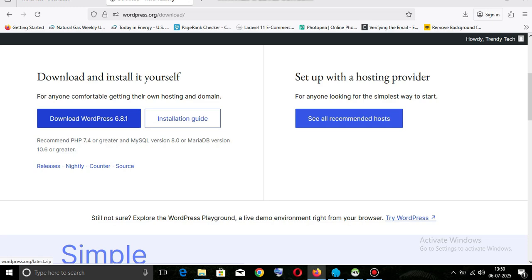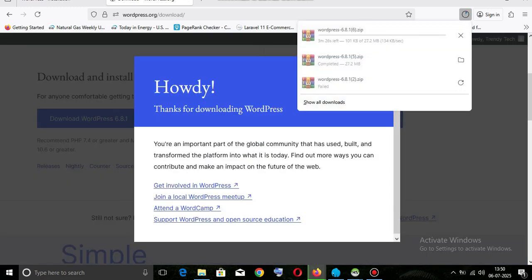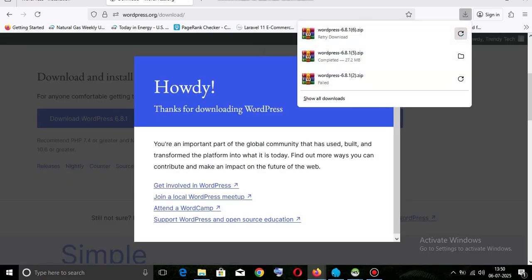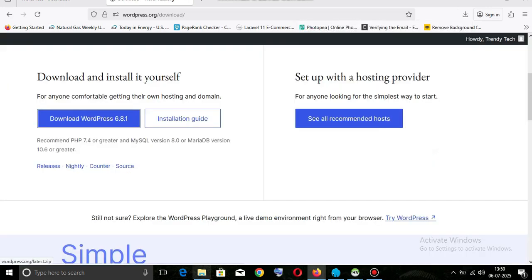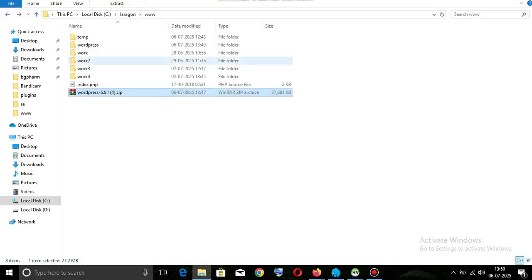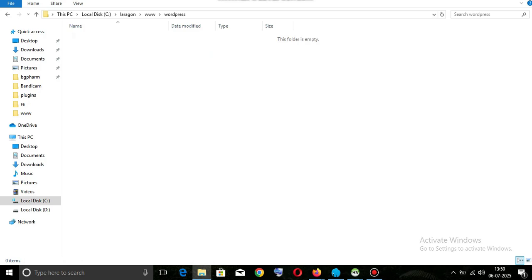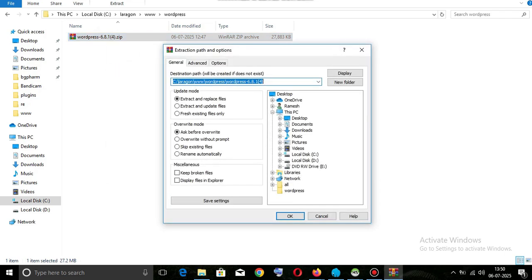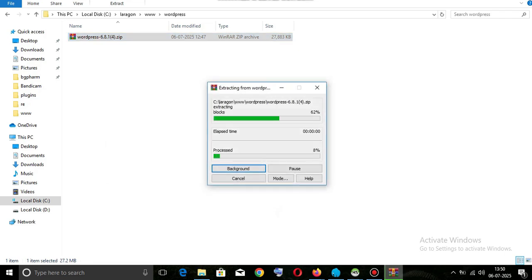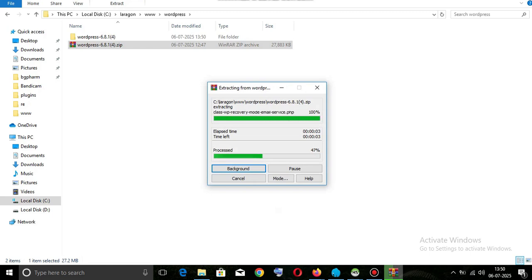Once you click here, your download will start. Then you can download it and put it in your folder. This kind of zip file you'll get. You can copy this, put it in your project folder like this, and extract that file. Once this file gets extracted,